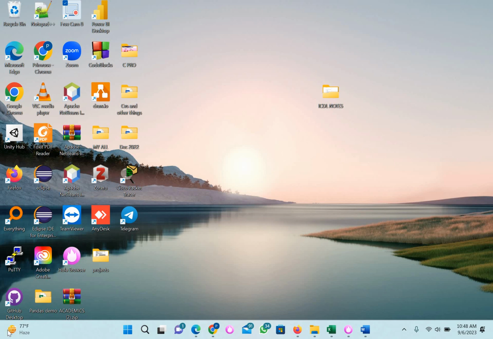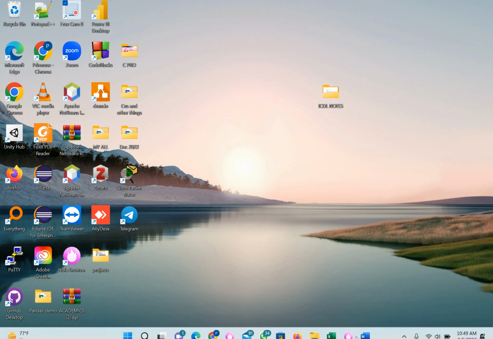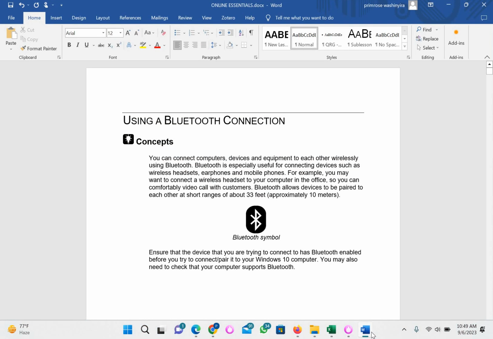Everyone, let's look at online essentials. In our previous lecture, we talked about computer essentials. Now we want to look at online essentials. So the first thing that we are going to look at is connectivity. We'd like to see how devices are connected